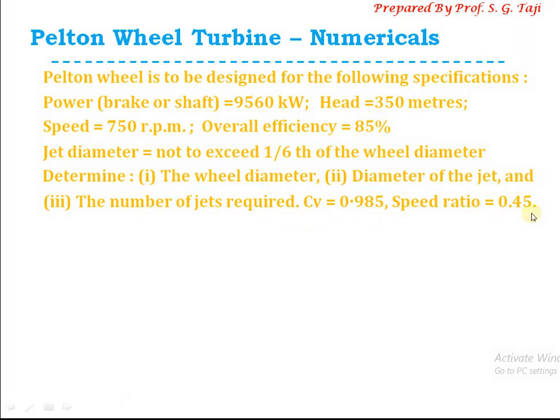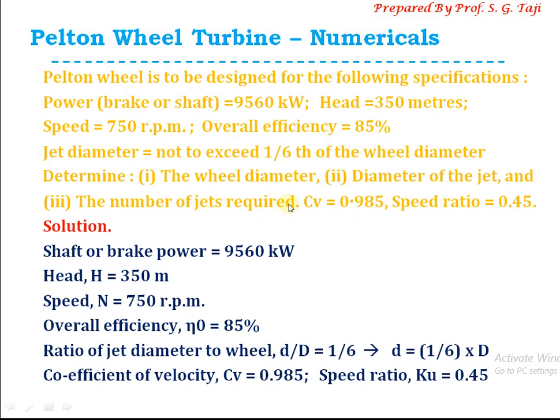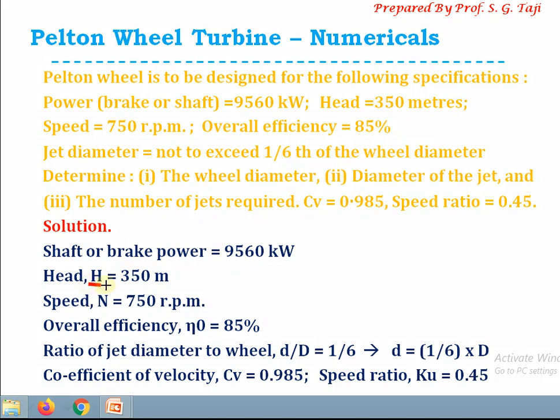So let's sum up all the given data. What we are given: shaft power, head. Remember that here they mention head only. So whenever they mention head only in the numerical, treat that head as net head, because if it were a gross head, it would be mentioned in the numerical, or it would mention the head loss or the coefficient of friction. But here nothing is mentioned, so treat this H as net head. Next, speed is given, overall efficiency 0.85,